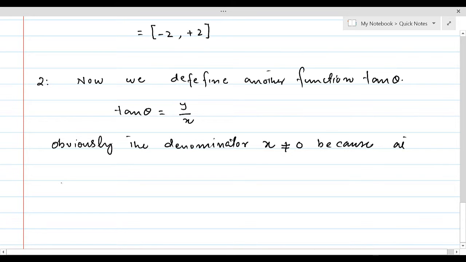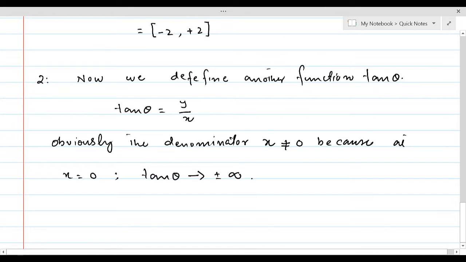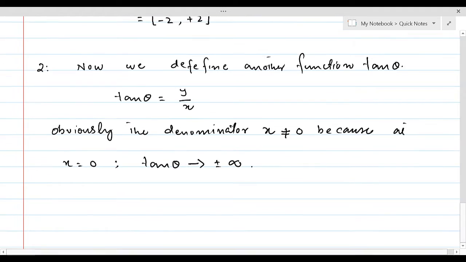At x equal to 0, tan theta approaches plus or minus infinity. So we have to subtract those values of x from the domain for which tan does not give a real number. Therefore,